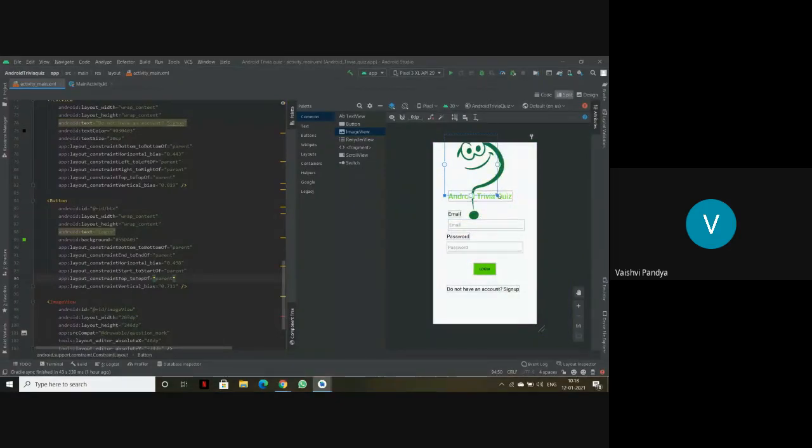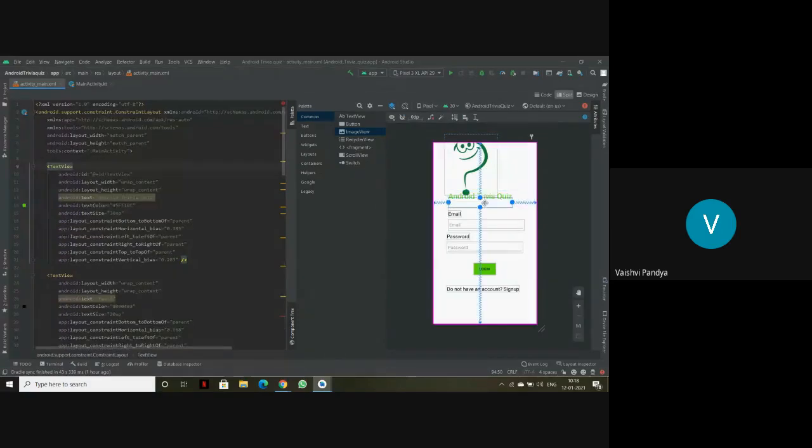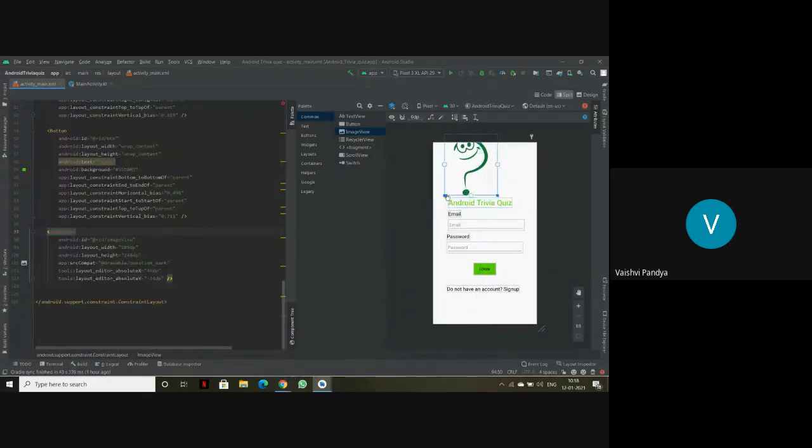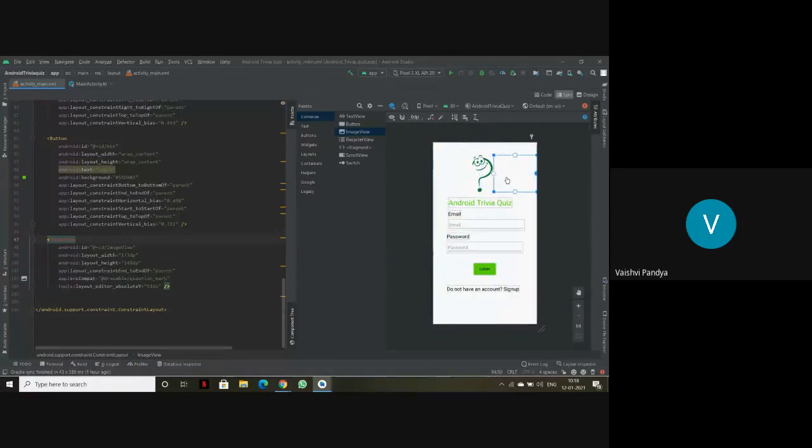As it is an image view, you will have to constrain the image also later, but first you can adjust the size and then you can constrain it. We just constrained it here. The image we have is already constrained. So this is how our first page looks.